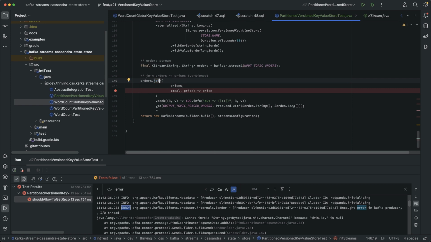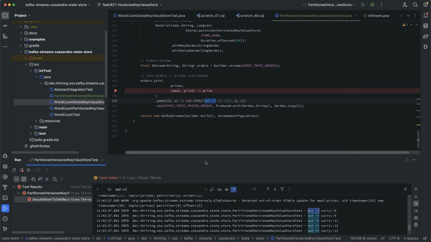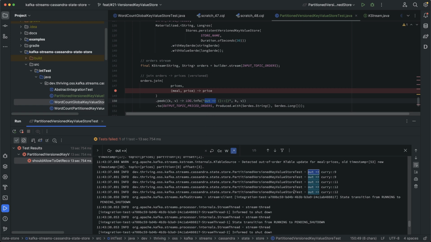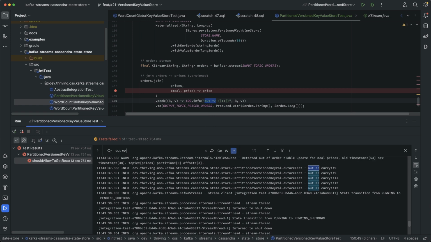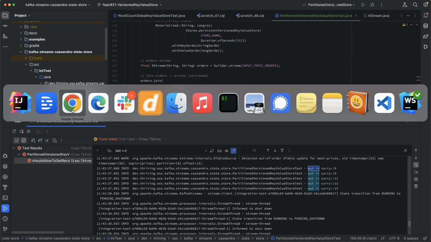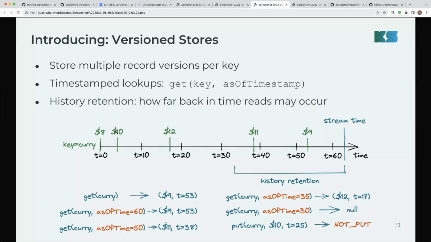Okay, stream string long. Did we get this out? Okay, why would the key be null? Does this happen when 9, 9, 11, 12, 12? 9, 9, 11, 12. Okay, well, I think that retention and